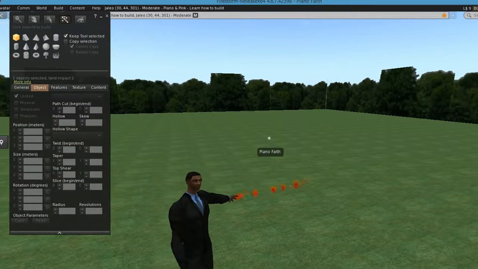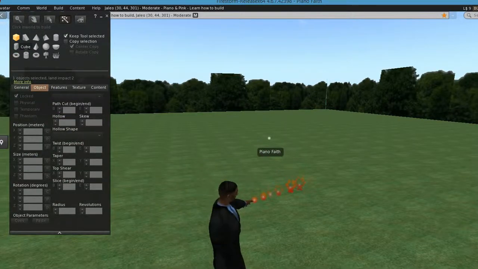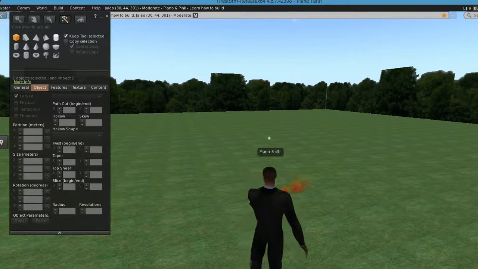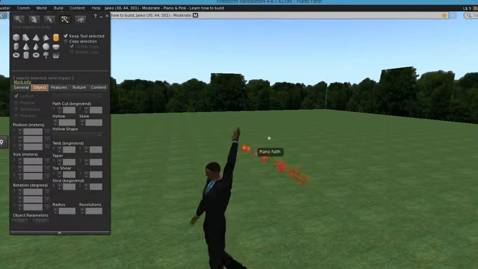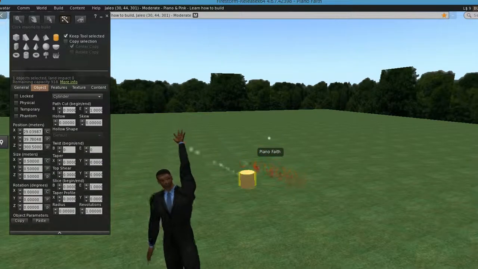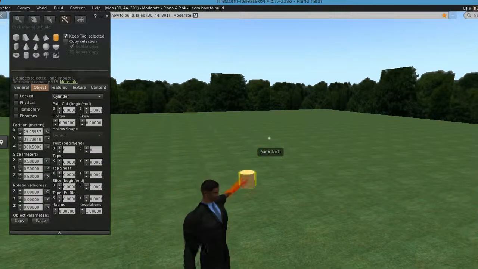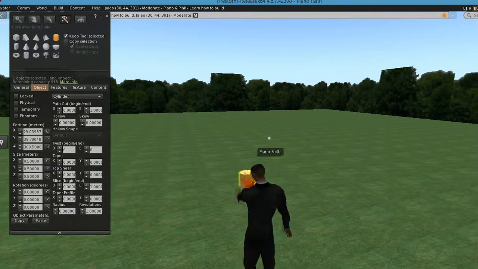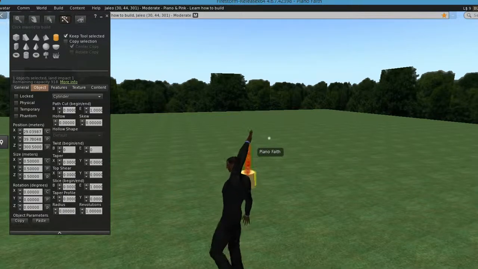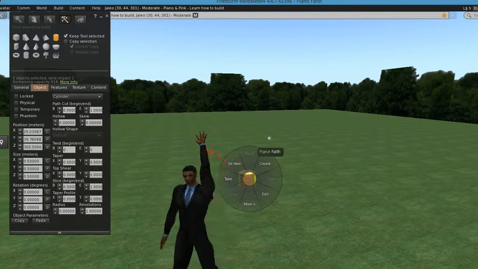You notice that we have a square cube here, but we want to change that to this cylinder. So we click on cylinder and then we click on the ground. We need to edit that. At the moment the one tool is selected, so we want to change that to the edit. So right click on that and click on edit,